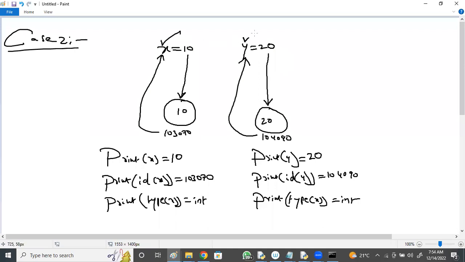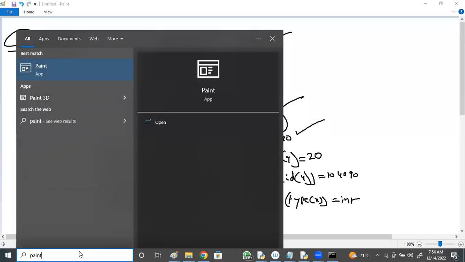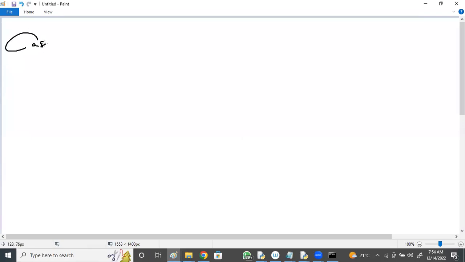Two different variables, x, y, with two different values, then two different objects with two different addresses. Now observe this case 3.